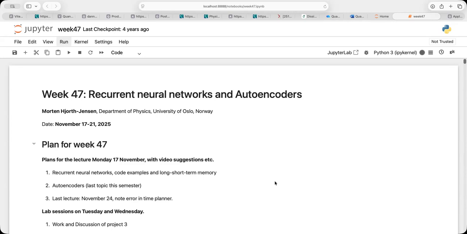Okay, so the topic today is to continue the discussion of recurrent neural networks. For many of you, this can be a very popular method to use in the final project, together with, let's say, a standard neural network. If you're studying time series, this is one of the standard methods being used.